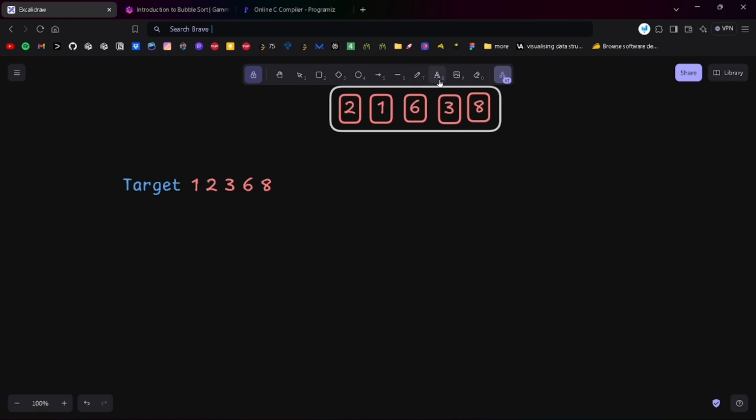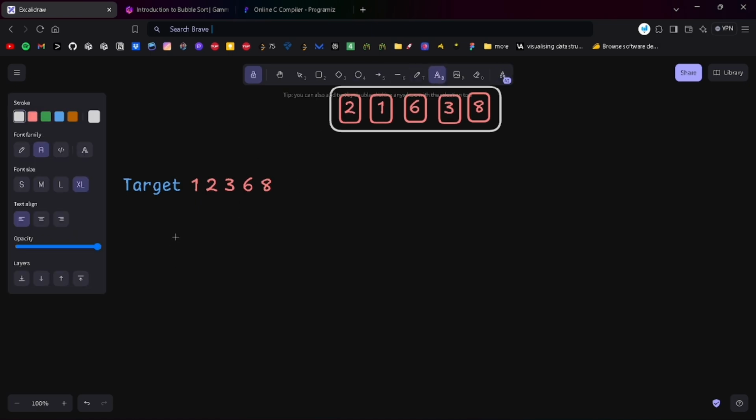You'll understand. So now this is our array or list: 2 1 6 3 8. It will check, is the first element greater than the second element? Yes, so it will swap. It will become 1, it will become 2, and the rest 3